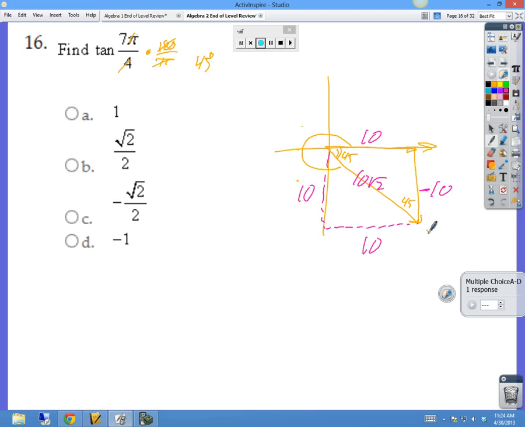So they're asking you for the tangent. Tangent is opposite over adjacent. So if you look from right here, opposite is negative 10, adjacent is 10, so it's got to be D. It's got to be a negative 1. Okay,